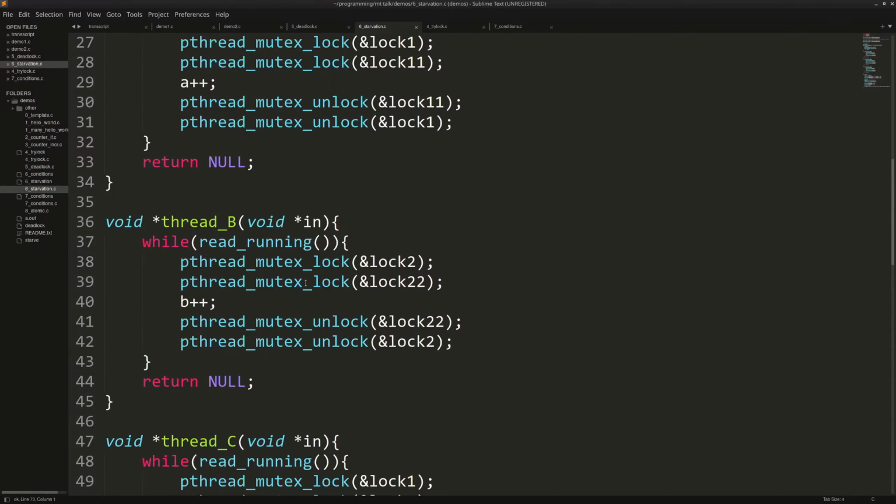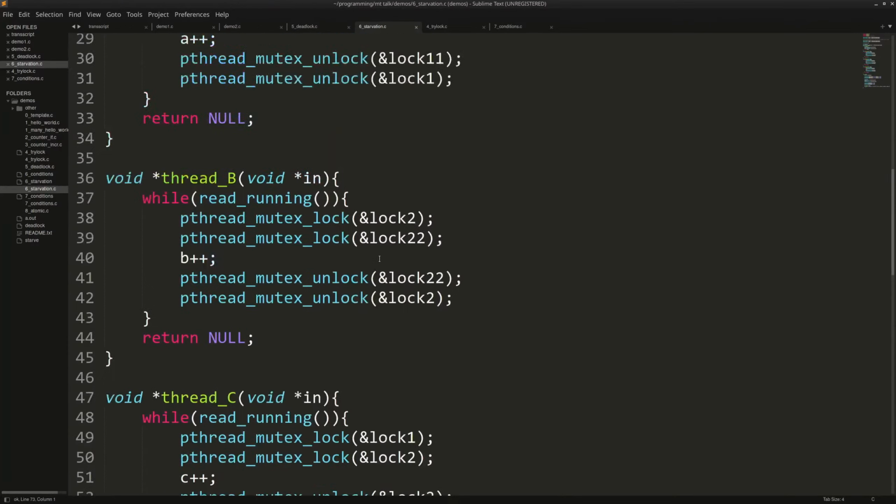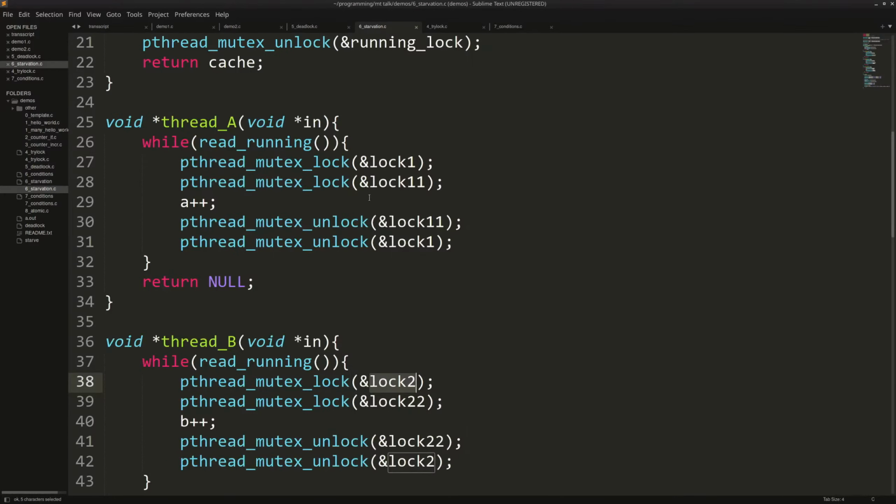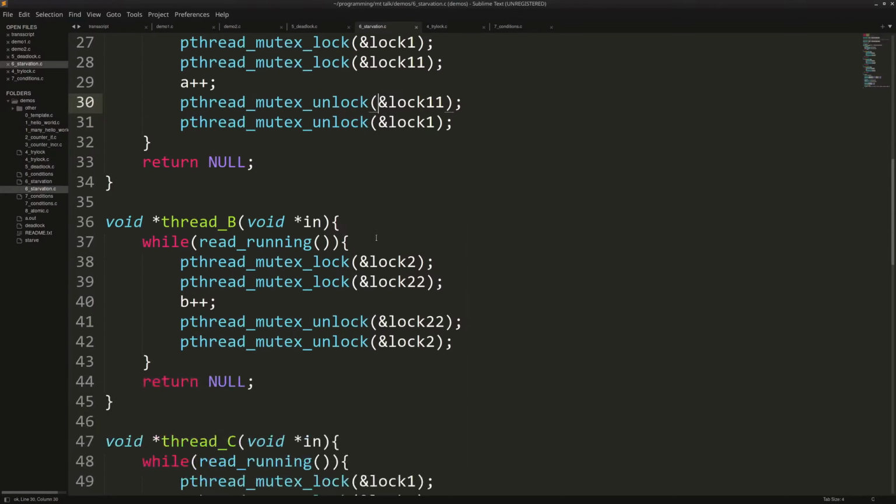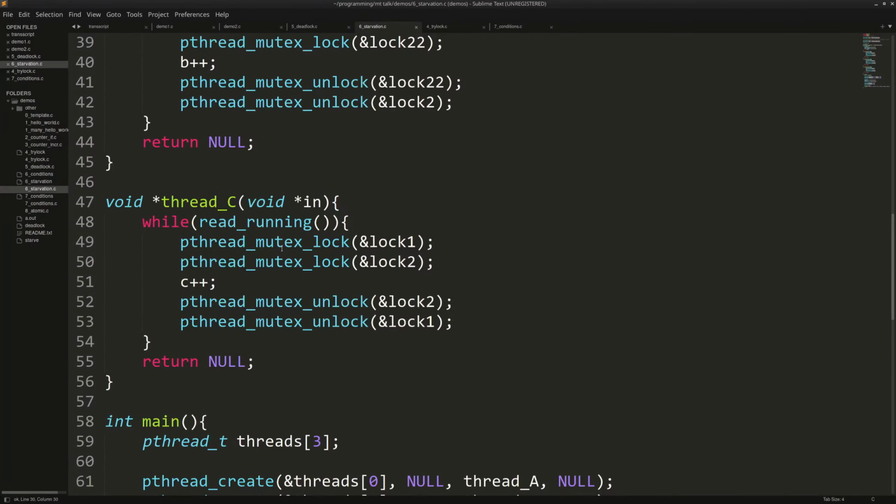So let's see what happens in B. Well, nothing all that special. We're just getting lock 2, and in thread A we're getting lock 1. But what's really interesting here is in thread C we are locking 1, and then we are locking 2, and then we are unlocking 2. So if you think about it, this one is going to be done first.